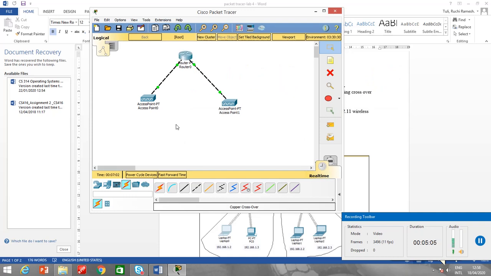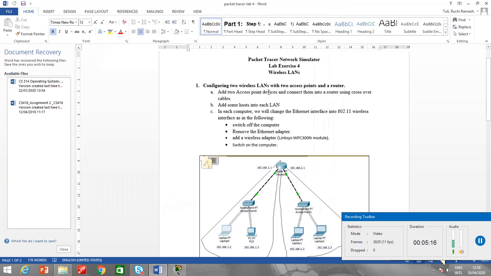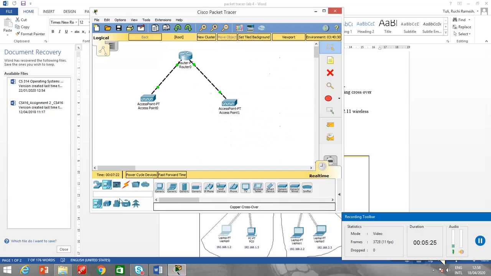Now what I need to do is add a laptop and a PC over here. So I need to add the end devices. We will configure the access point later. So we have added 2 access points. Now I am going to add the hosts to the LAN and configure the LAN. Adding the hosts to the LAN, network device, end devices. So it's a laptop PT. If you see over here, it's a laptop PT here. Then I have a generic PC. Then I have laptop PT here, laptop PT here.